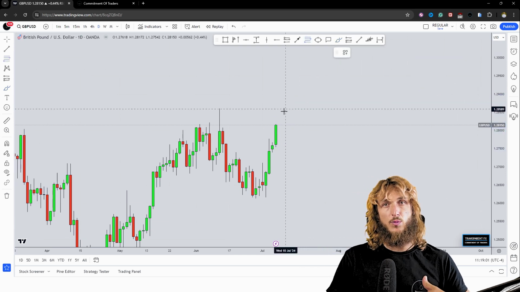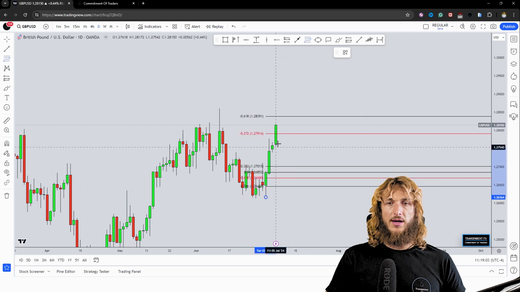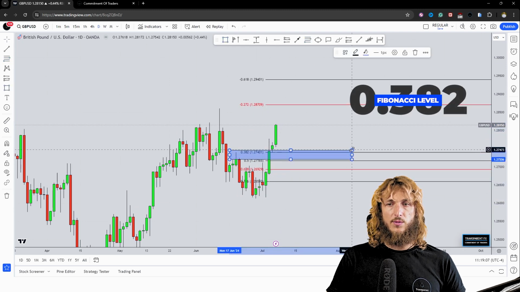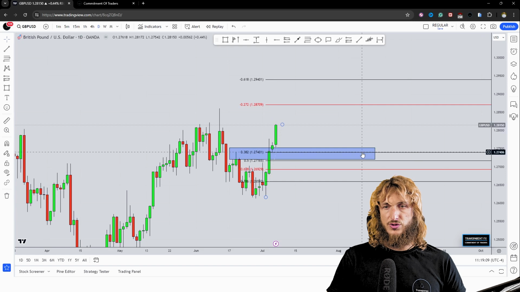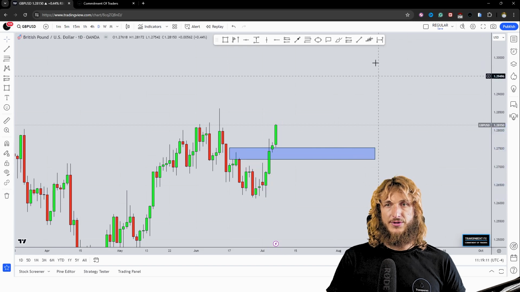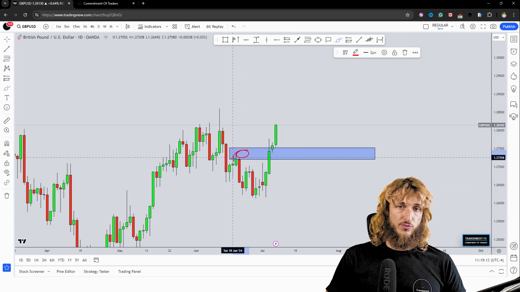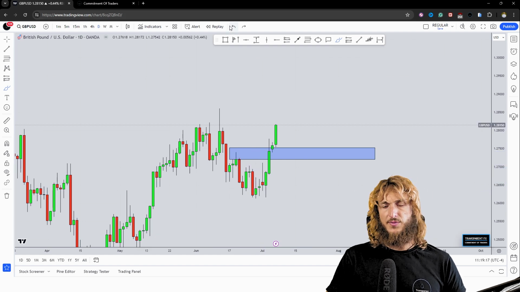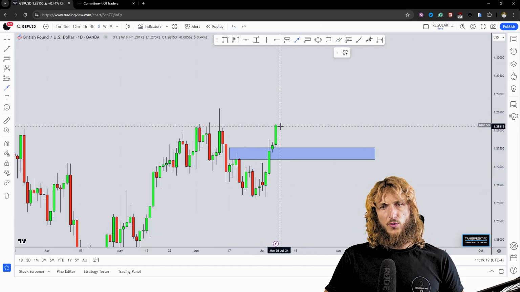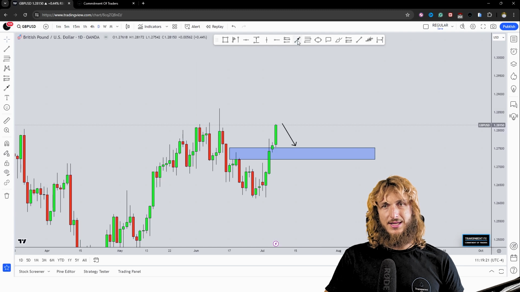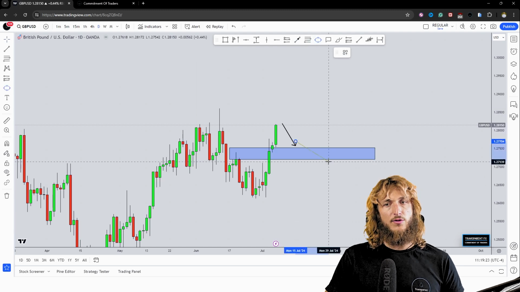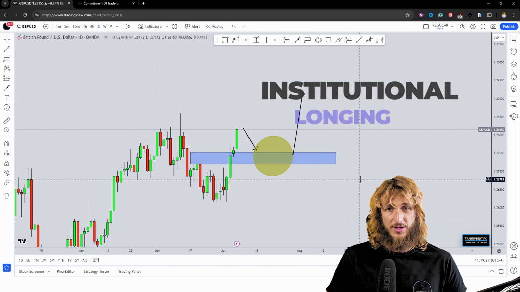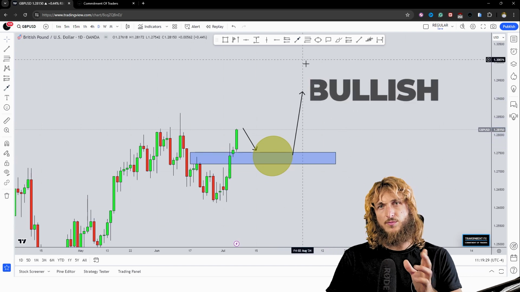Now, again, if we want to measure this correction, we have to take our Fibonacci from the low to the high of the impulse leg, which shows us how we have a 0.32 Fibonacci retracement lining up around this area, which is also previous resistance turned support from which this push to the downside started. So if the market here will correct to this support zone, there is an increased probability of getting even more institutional longing, which at that point could further increase the probabilities of a potential rejection to the upside away from